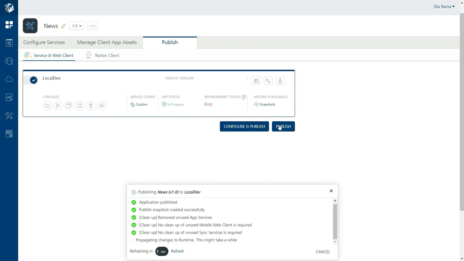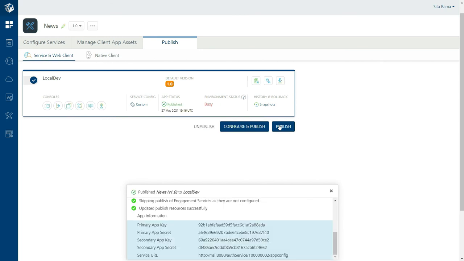Once it is published, we'll go to the runtime environment and we'll be able to see the 1.0 version of the Google News Integration Service published. Let it get published. So the app got published now.